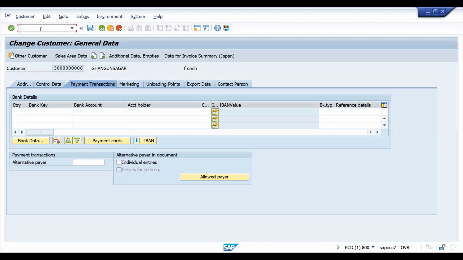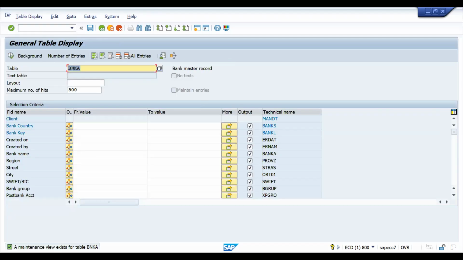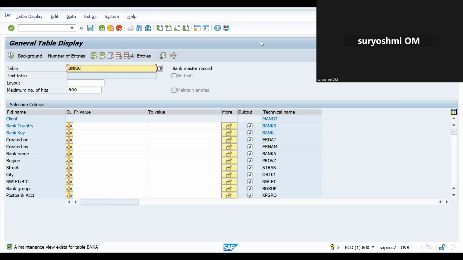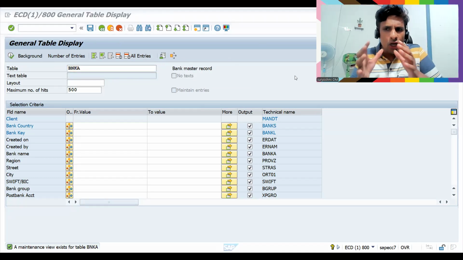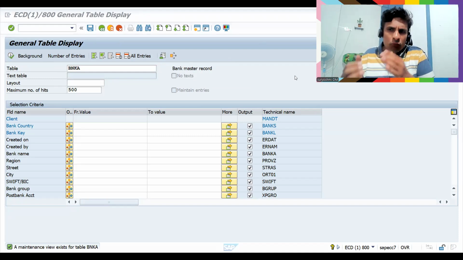Let me show you an example. This is additional knowledge, actually. If you take this bank master record, there is a transaction called FI01. It is actually out of discussion for SD and purchase consultants, but in real time, if you're working in rollouts and certain projects, if someone is pushing the work, it is your responsibility.